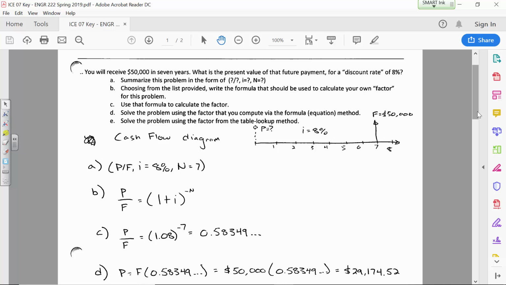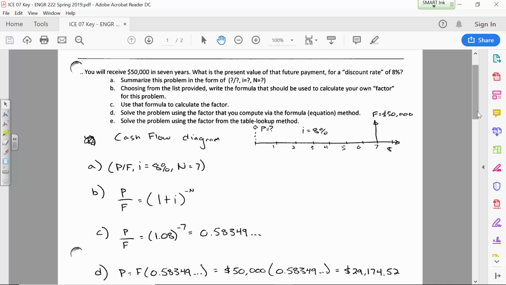So there's the cash flow diagram. Okay, part A, summarize the problem in the form of what we put in those parentheses there. So this is how we would summarize this problem type. P/F, I equals 8%, N equals 7. Now I got a good question as I was circulating around. Somebody asked, do you have to write I and N? And I think it's a good idea to do that because it could otherwise be kind of easy to forget what's supposed to be in the second position, what's supposed to be in the third position. So just so that there's no ambiguity from who's looking at your calculations or when you're doing them, I think it's useful to label I equals 8 and then even to put the percent sign there.